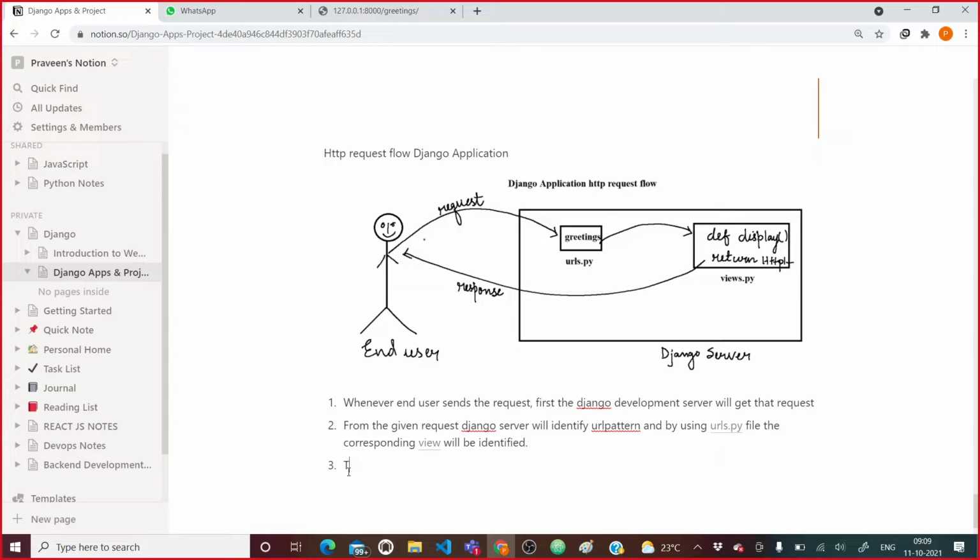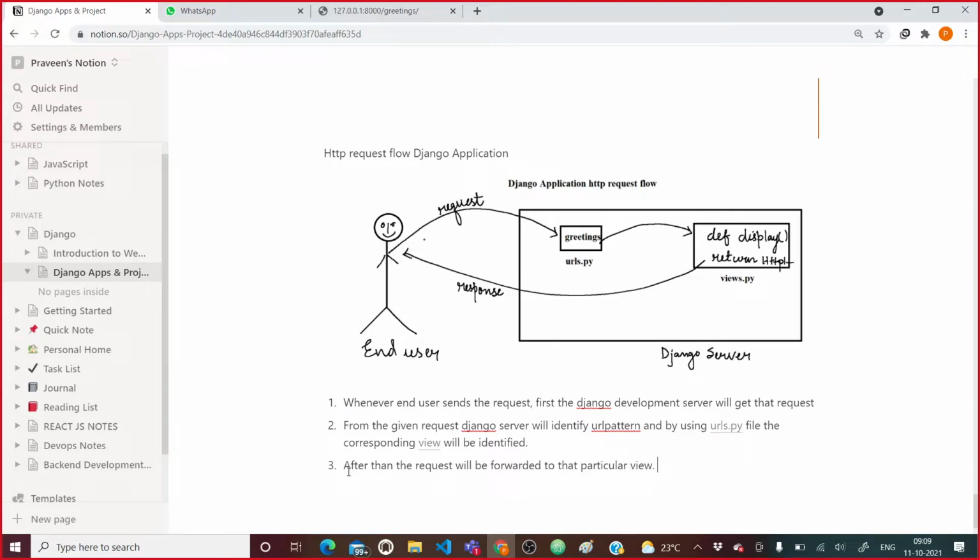So after that, the request will be forwarded to that particular view.